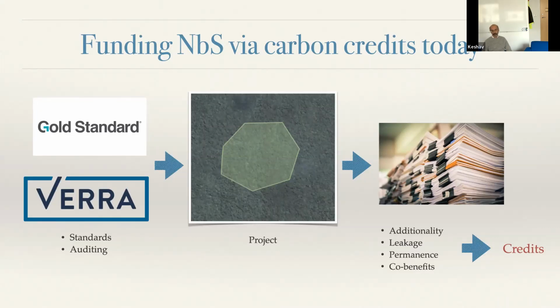So you go to organizations such as Gold Standard and Verra, which set the standards for what work you need to do, and also the auditing of the efforts. And then they create these reports, very big reports. You can go download them from their website, 80, 100-page reports, which talk about four things: additionality, leakage, permanence, and core benefits. I'll touch upon them briefly now and go back to them later.